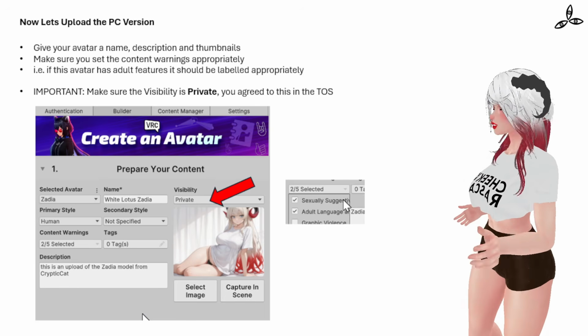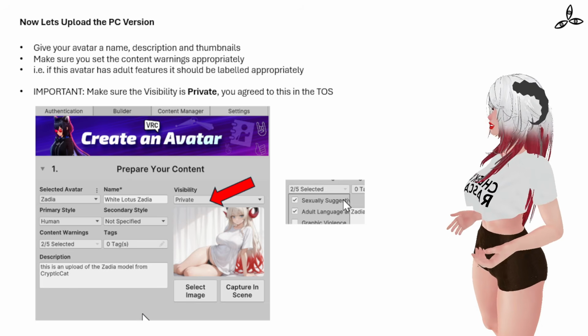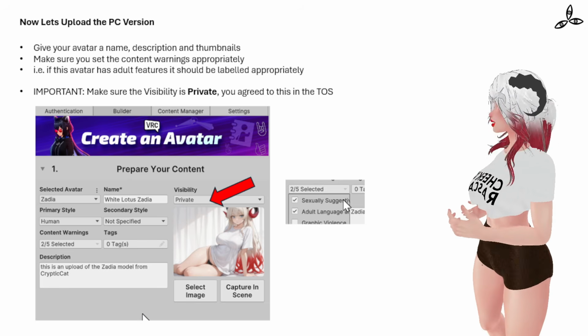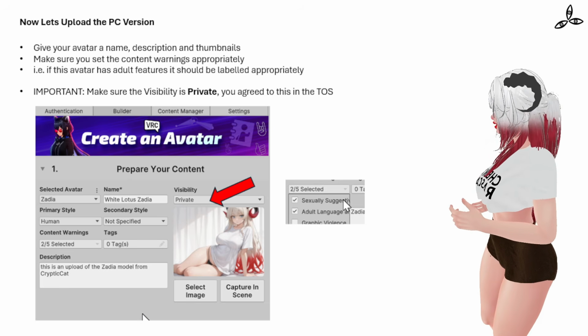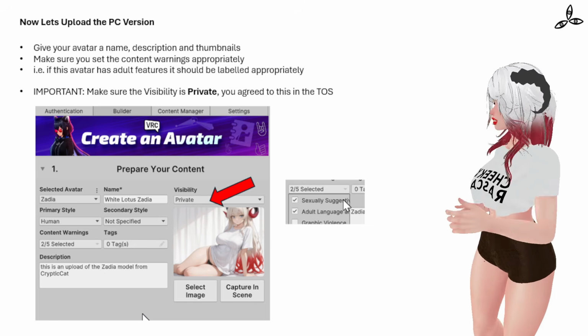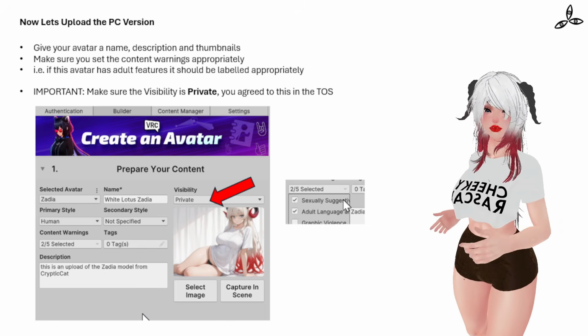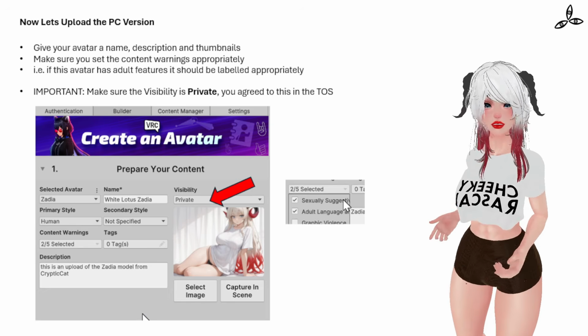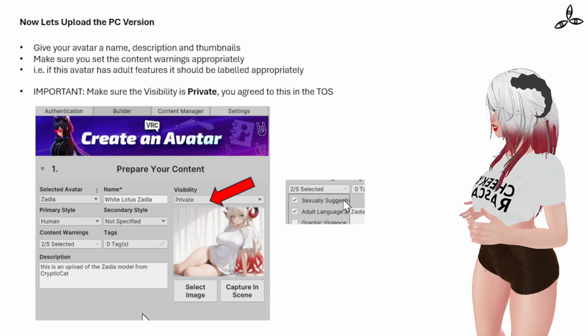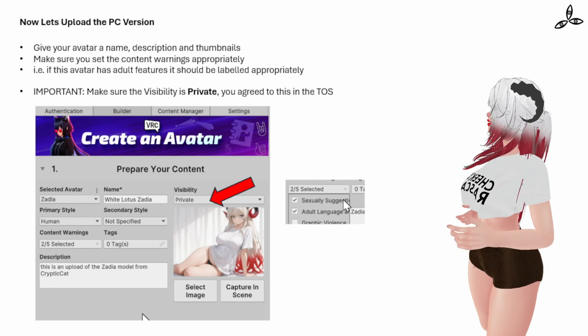You don't have to specify anything in secondary style either, because it's a private avatar, it's for your use only. And put a little description and just give it a nice little thumbnail there. You can select the image, or you can use the capture and scene if you don't have an image that you want to use. So once you've done that,